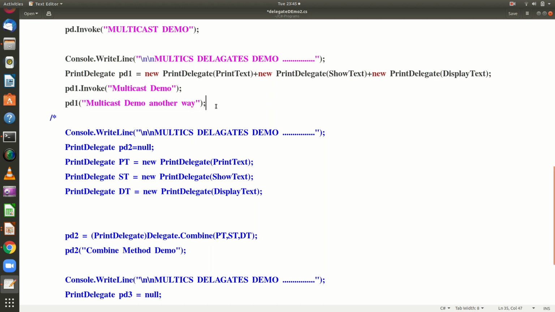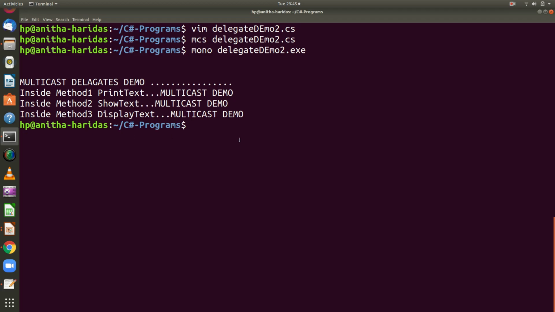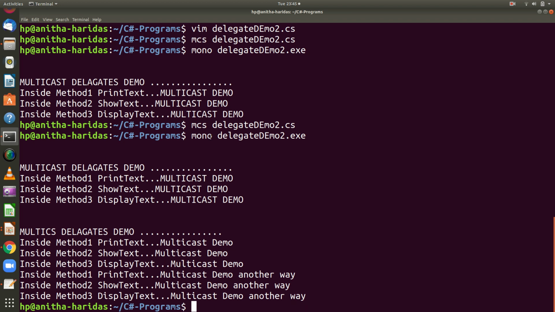So let us see what happens in the program. I go to the program, compile it, and execute it. You can see here the output. The first one is the same as the previous output, and here using PD1 dot invoke, it is invoking print text, show text, and display text.